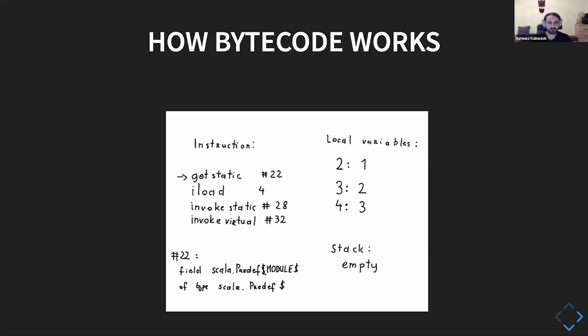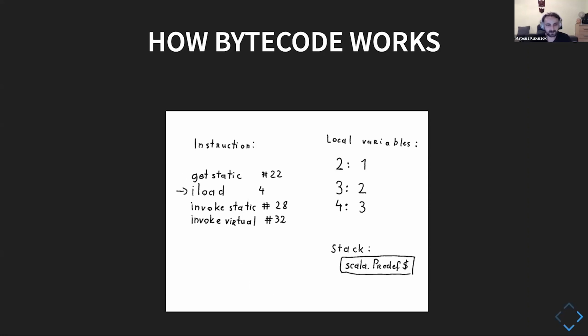So static calls were kind of discouraged for quite a while. But what are statics? Well, basically they are globals. They are methods or fields that aren't attached directly to any instance. So they could be called from any place that has the right accessors, which basically makes them global. With this global, we are able to obtain the instance of Scala Predef. And once we call it, the instance of Scala Predef lands on our stack.